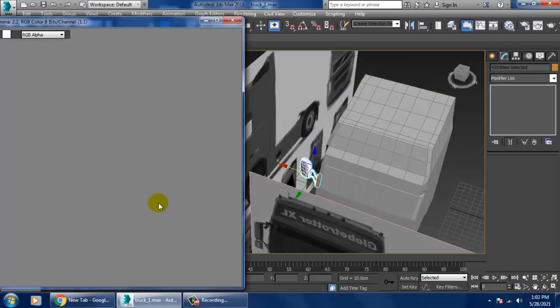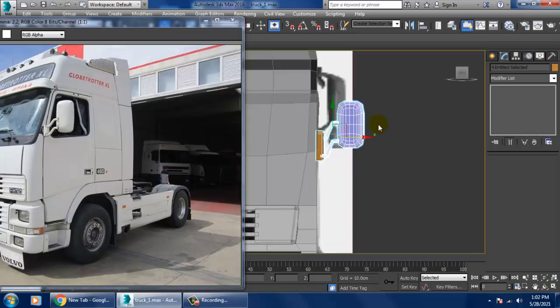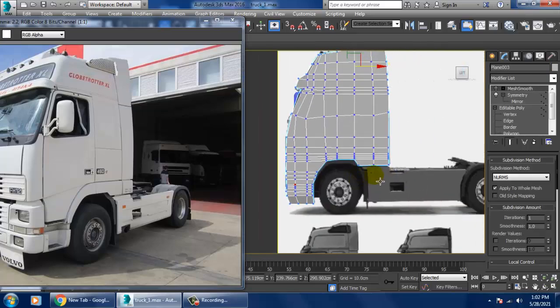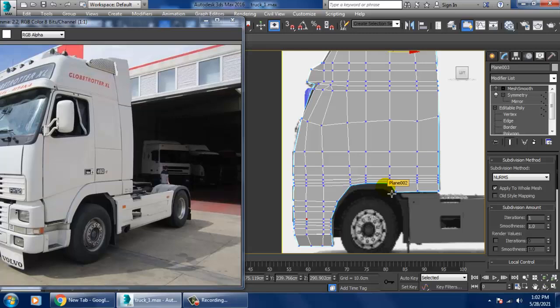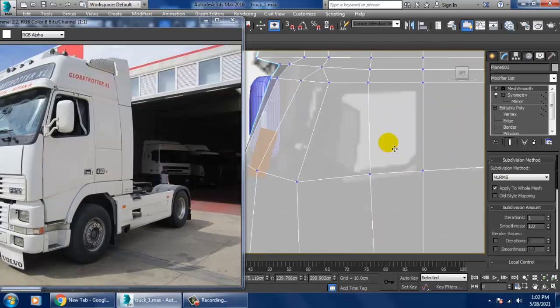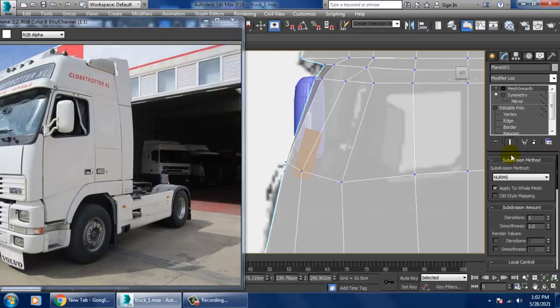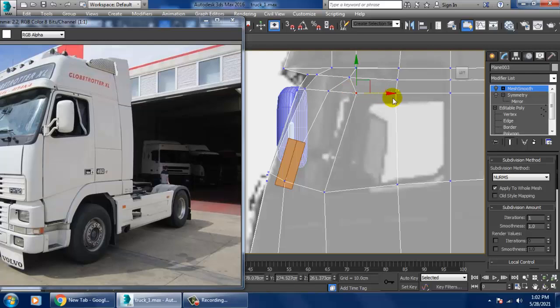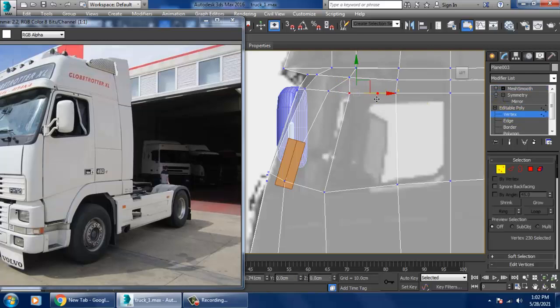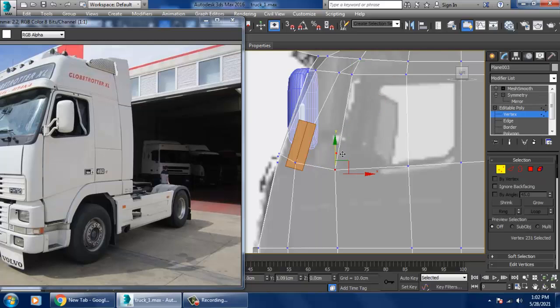After that is done, let's go into the side view, where that can be duplicated. Let's start creating this part. If you want, you can generate a few details here. For that I'll go into vertices and slightly adjust this.